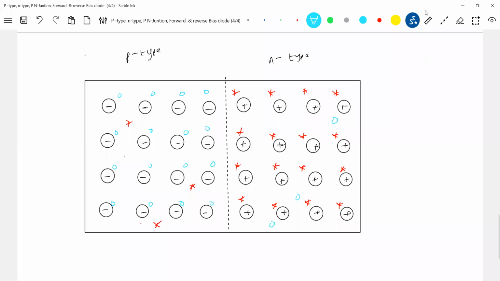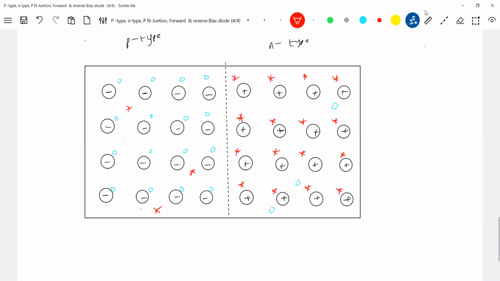The diffusion will occur. The majority carriers here are the electrons in the n-type, and they will diffuse from n to p-type. Similarly, the majority carriers in the p-type are holes, they'll diffuse from p to n-type. Why does the diffusion occur? It's a natural phenomenon, the movement of molecules from higher to lower concentration. That's what happens here. So let's not bother why diffusion occurs. The diffusion occurs because of the difference in concentration level. So as it propagates, what will occur now?